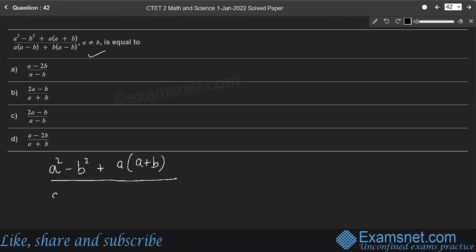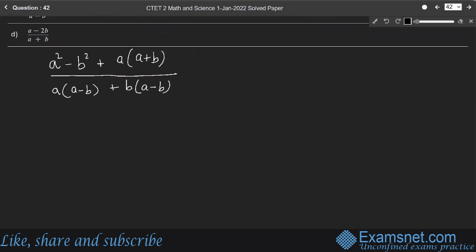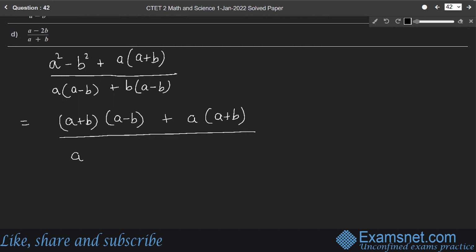So a square minus b square is, again by the formula, a plus b into a minus b, plus a into a plus b, whole divided by a into a minus b plus b into a minus b,